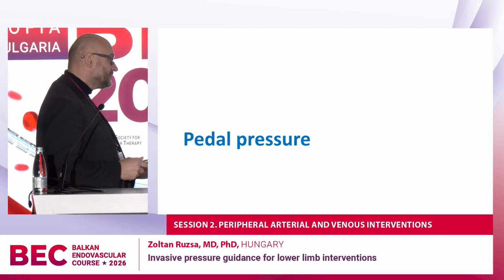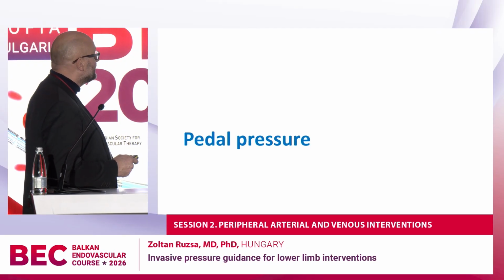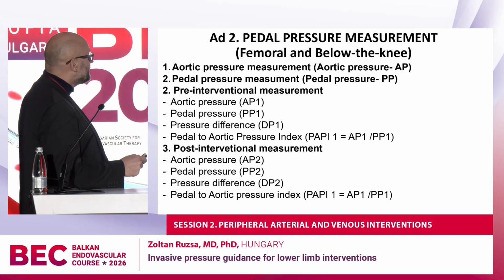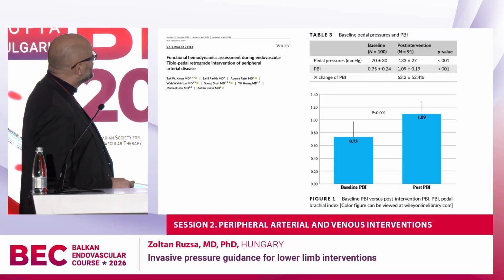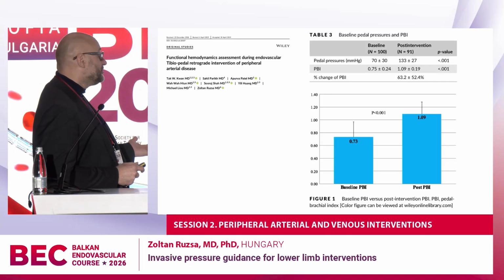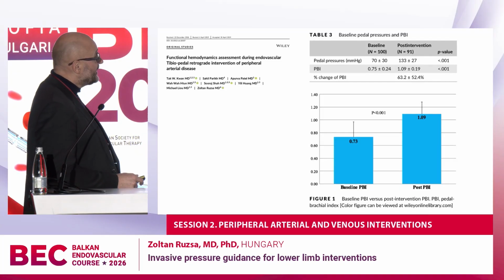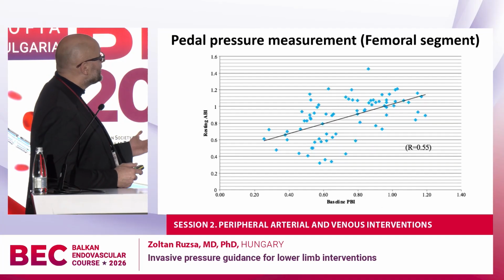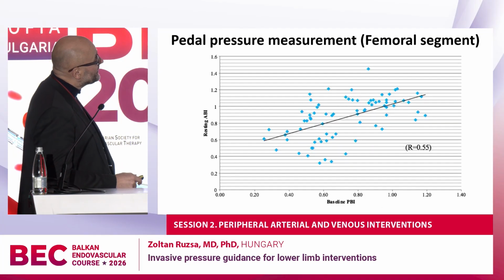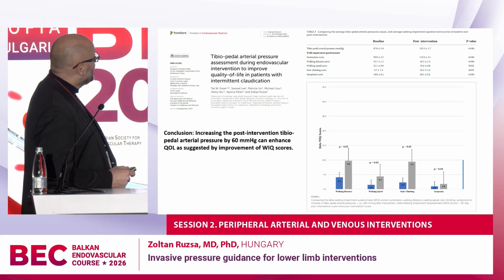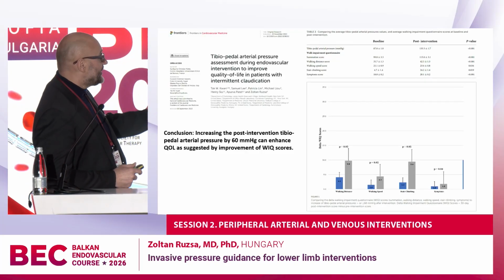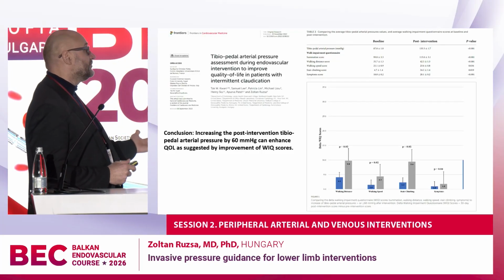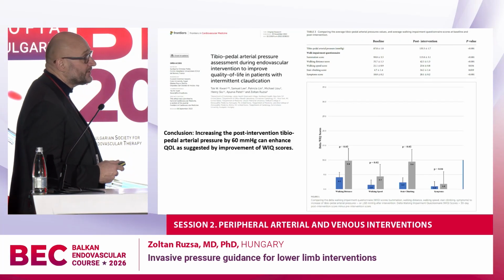Pedal pressure is another, because we treat a lot of patients from pedal access. By pedal pressures, before and after intervention, we can check also the pressures. First, it was with American colleagues, we correlated the pedal pressures and the ABI, and it was a nice correlation. So you can check immediately the pressure, and here is how the pedal pressure improves. And also the quality of life improves. So if the patient's pedal pressure improves after the intervention, their quality of life and walking distance improves. So it's very important